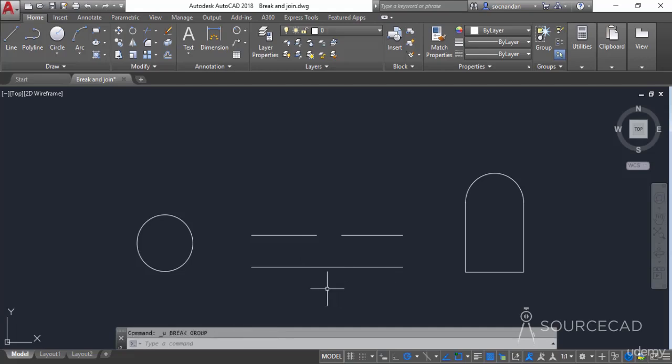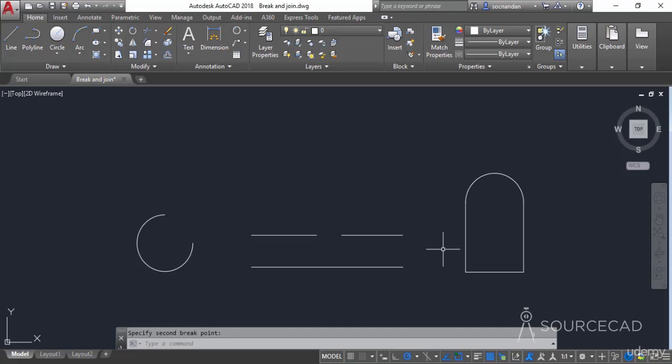I'll press Ctrl Z again, and now I'll use the break tool for this circle. Once again expand it, select the break tool and select the object here. Now we want to break a single quadrant here, and for that I'll select the first point, and now click at this quadrant point, and then click at this quadrant point. Now you can see that this quadrant is removed. In this way you can use the break tool to remove some of the segments from the circle, line, or any other geometry. The opposite of the break tool is obviously the join tool, and using the join tool you can join broken objects into a single entity.